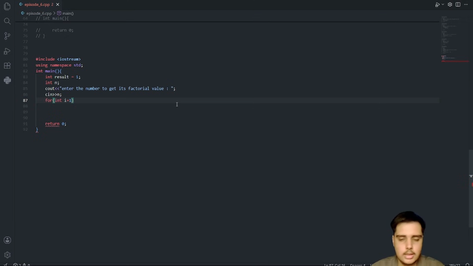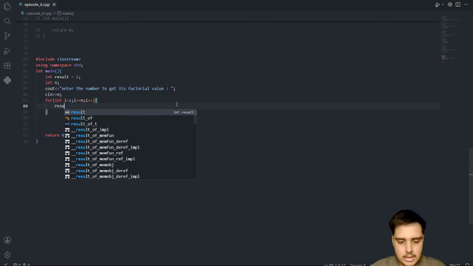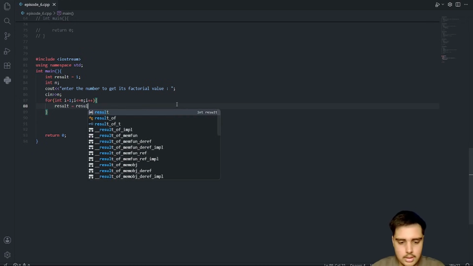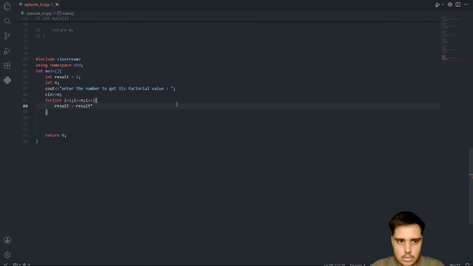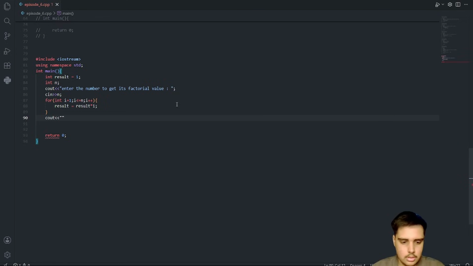for int i is equal to 1, i less than equal to n, i plus plus. We will simply multiply it. So result is equal to result into i, and after the loop I will say the factorial value is